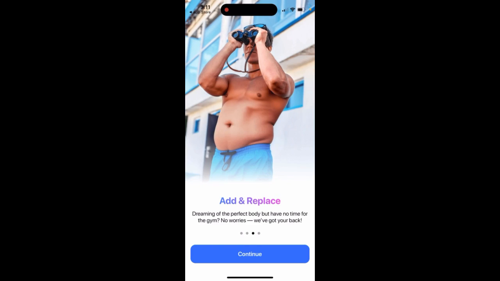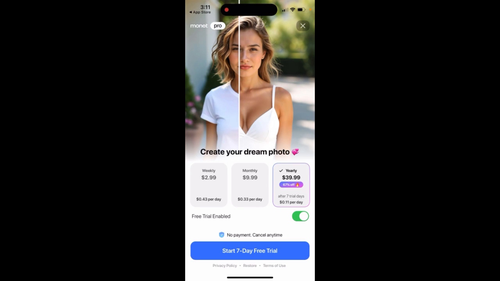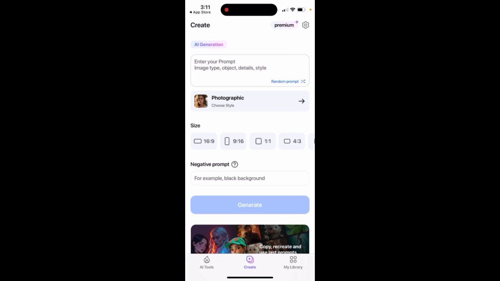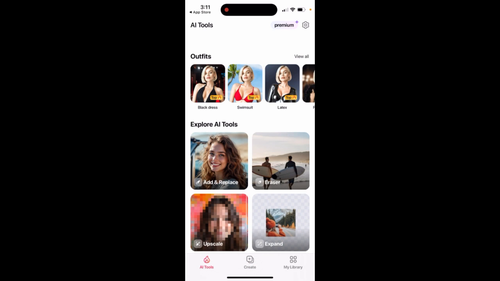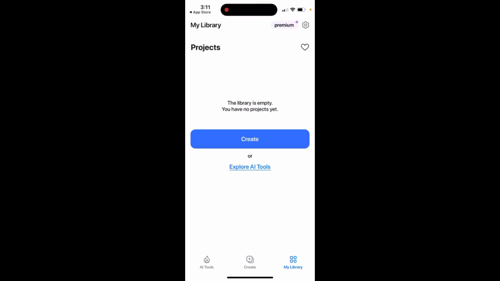So here you can just create the look, and then just create your dream photo, and then yeah, you can just tap to create, and then you have AI tools which you can just use, and then there's a library, then there is settings